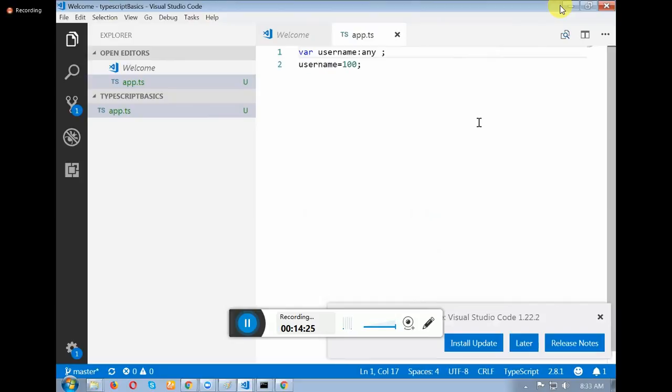Clear? So at the end of the day, the output is always JavaScript.